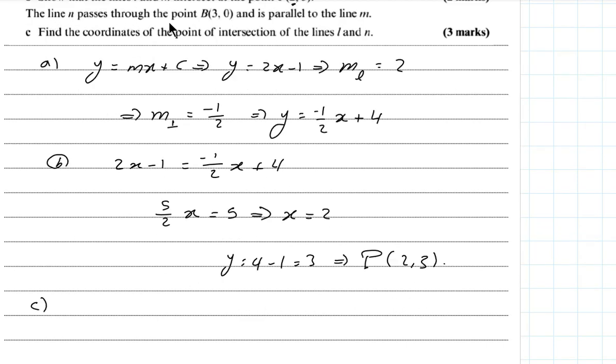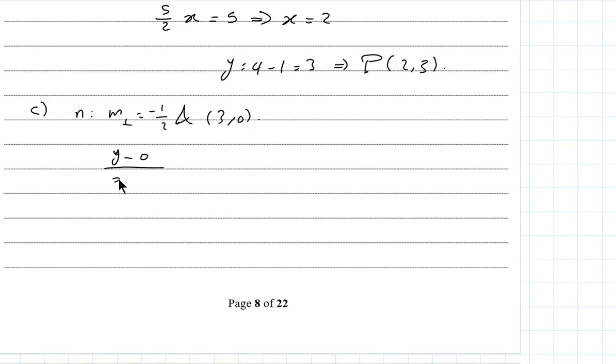Exactly, right? The line N passes through the point (3, 0) and is parallel to the line M. Find the coordinates of the point of intersection of the lines L and N. Okay, let's find the equation of N at first. For line N, we have the same gradient as M, which is -1/2, and we have the point (3, 0), right? (y - 0)/(x - 3) = -1/2, and then we can write 2y